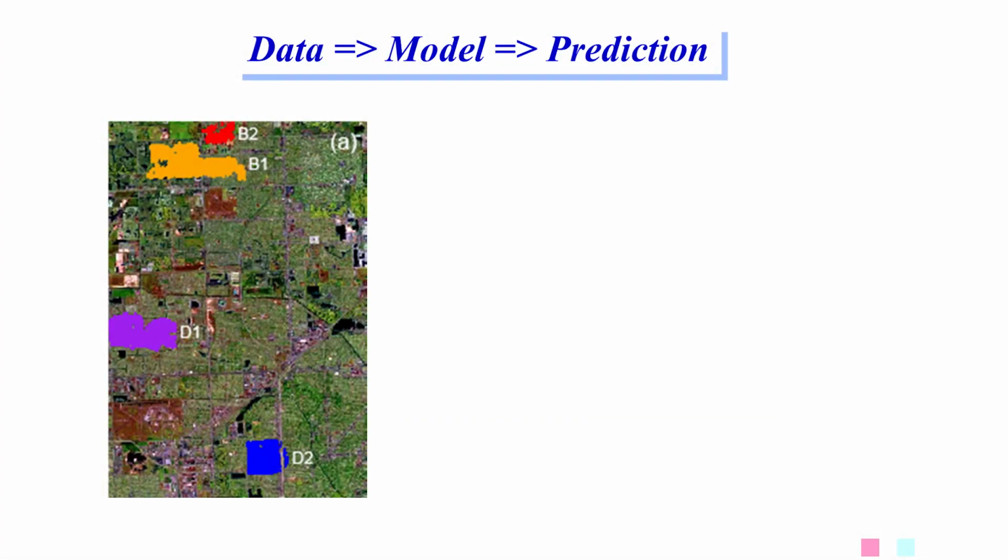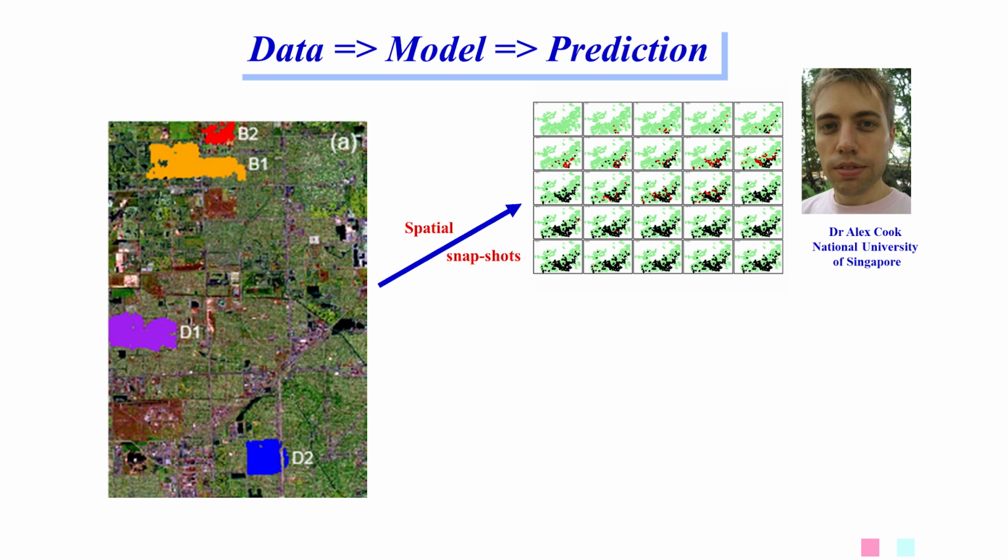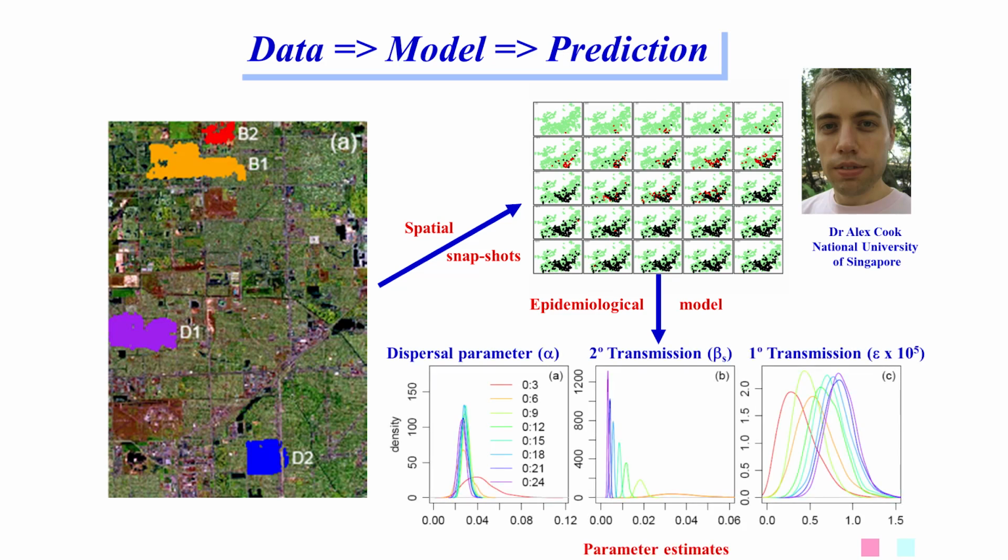And I've left a picture of one of my collaborators, Alex Cook from Singapore, in here. What we do is take these successive snapshots over time. That's showing you the green are the healthy ones, and the red, in this case, are the new infecteds. The black are the previously infecteds. Month 0, month 1, month 2, 3, 4, 5, 6, 7. You can see the epidemic developing. And we use an epidemiological model, a lot of statistical methodology, a lot of computing power, and a lot of toil to produce something that produces graphs.